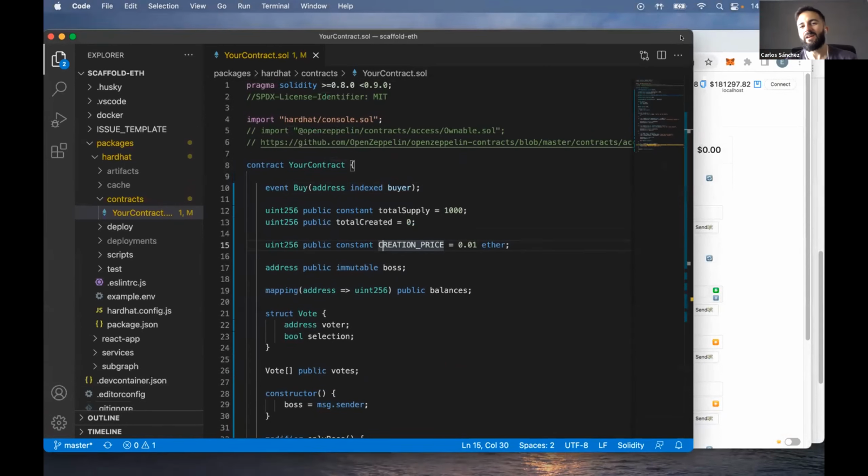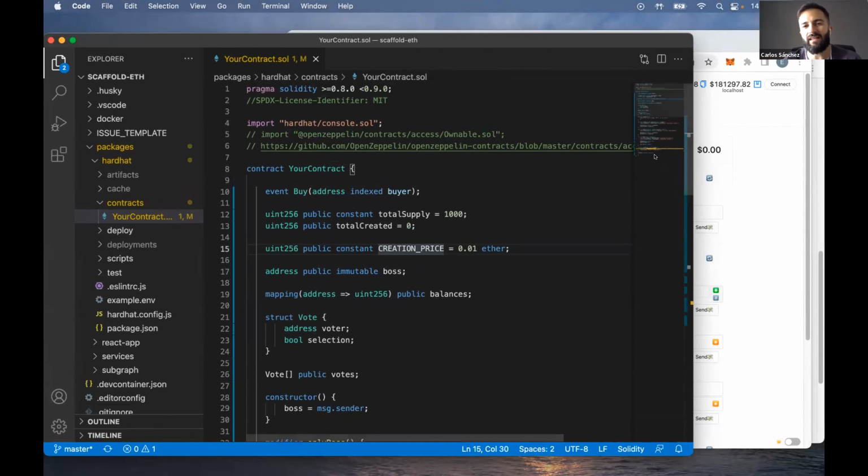So yeah, I just want people to appreciate how fast it is to tinker this way. You make a change, deploy in 2 seconds, and you get instant feedback from the UI, which is great. And Hardhat is a wonderful tool. We love Hardhat, but